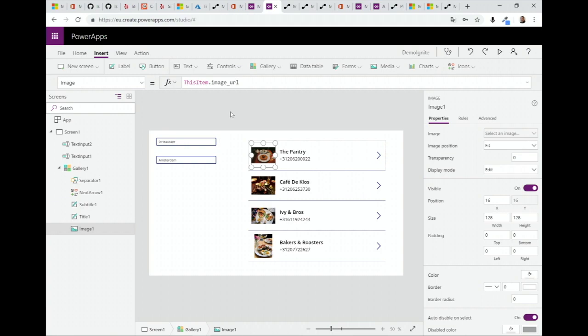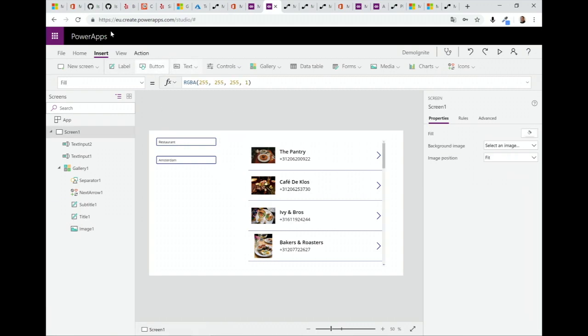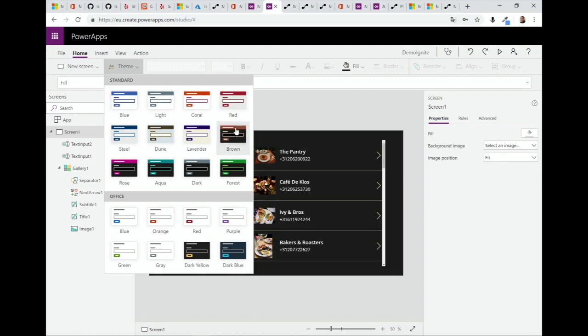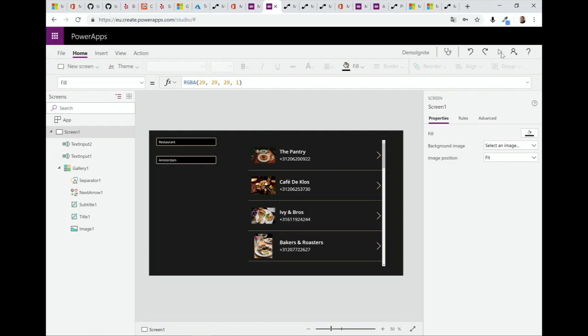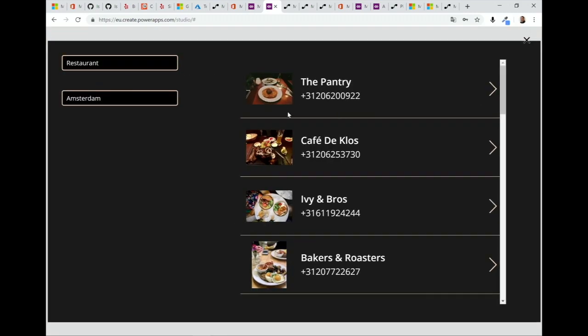And that's it. So if I want to test it, I just modify and choose a theme to be a little bit more beautiful. And then I just run. And here we go. So this is the restaurant.